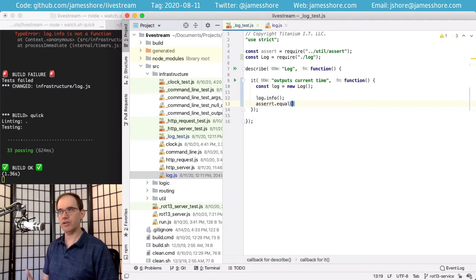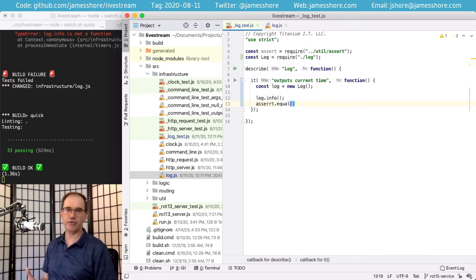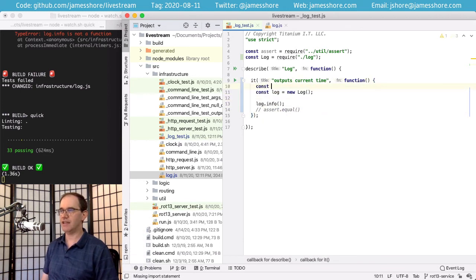But in order to assert that we got something back, we need to be able to see the output. And in the past, when we've dealt with infrastructure wrappers, we've had to do all this complicated stuff, we had to spawn out to another module, see that it wrote out to the standard out. But in this case, we've already got all that stuff ready to go. So we don't need to bother with any of that. We can just take our existing command line and create ourselves a null command line.